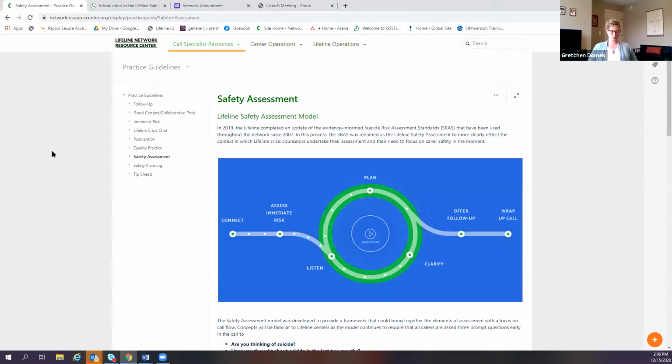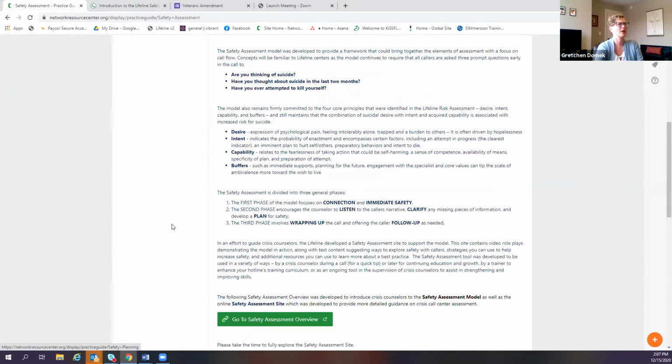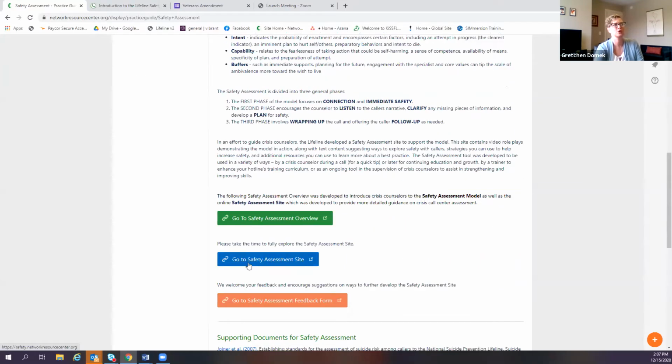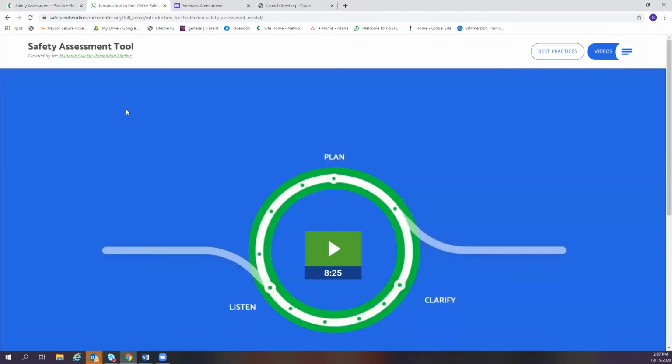The next thing that we're working on will be available, hopefully, early in 2021. It is the safety assessment video specific to veteran callers. So when you are on the Network Resource Center, to get to the safety assessment piece, you're doing Call Specialist Resources again. This time it's under practice guidelines, and go to safety assessment. At the bottom of safety assessment, you can go to the actual safety assessment site. And that looks like this,